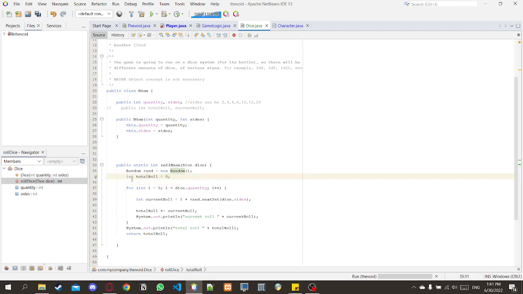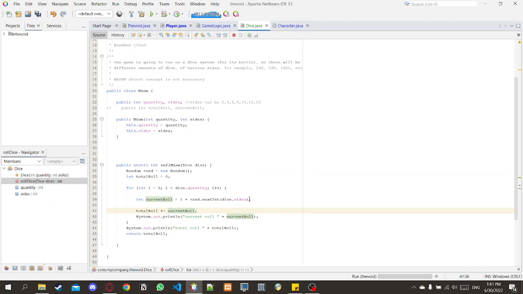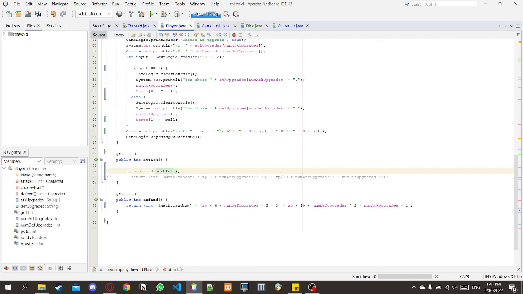So we have a random, and this random is going to be stored into current row, and the current row is going to be added to total row. I think we can just use dot next int. And next int, so here I put 1 plus, so it's going to generate a number between